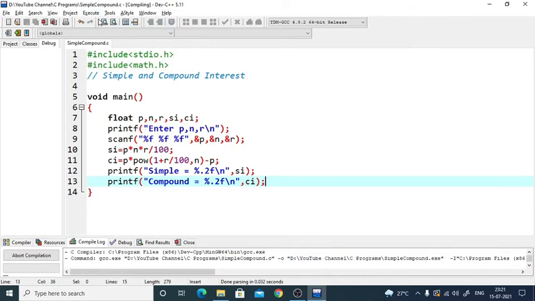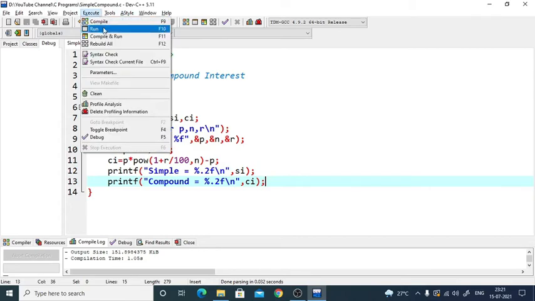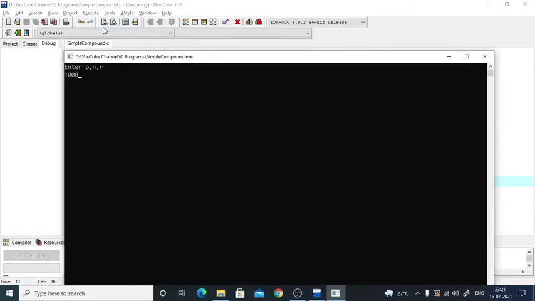So compile. If I've not done any silly mistakes, you will be getting it correctly. Now let me execute. So simple: 1000 principal, number of years 5, and rate of interest, let's say 7.5. So you will be getting some simple interest, and obviously compound has to be greater than that. Now you can calculate with the formula manually, and check whether your answers are correct or not, and they obviously would be correct, because we've done it with the same formula.